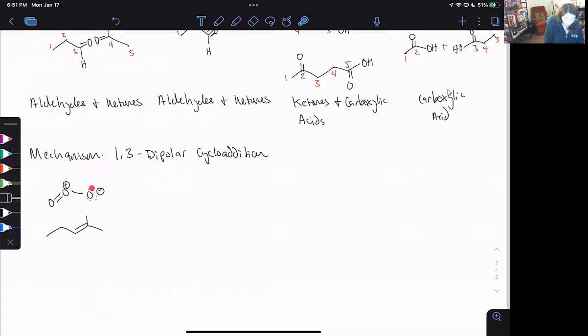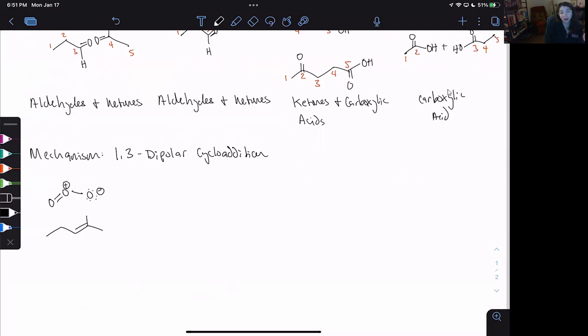Because you can go 1, 2, 3, and you've got a dipole. That's as complicated as it needs to be. So the whole thing about pericyclic reactions is we're looking for electrons moving in a circle and in a single step, okay? So what we're gonna see here is it doesn't matter which way you draw these arrows, but I